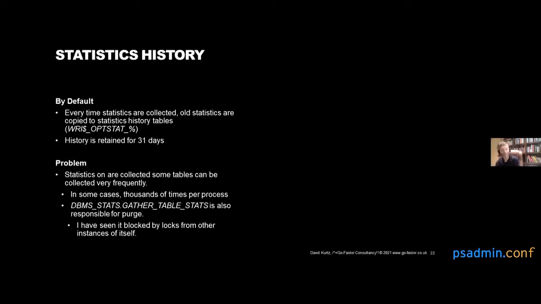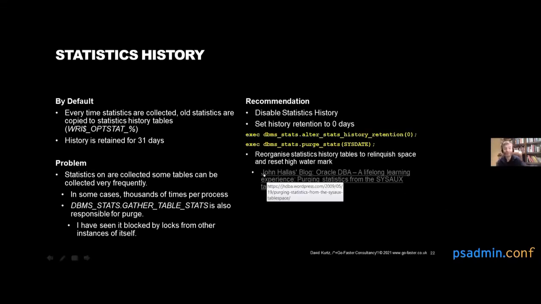Unfortunately, you can't turn it off per table. You can only turn it off globally at database level. So I would turn it off globally at database level, unfortunately. The other thing is, if you've turned it off, but you have had history in the past,